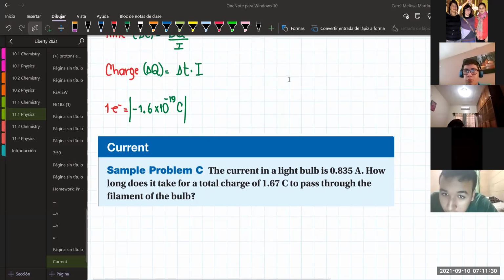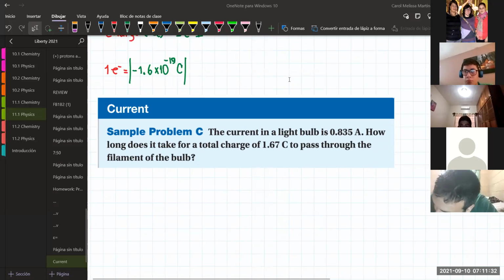Okay, here I have the first example. It says the current in a light bulb is 0.835 amperes. How long does it take for a total charge of 1.67 coulombs to pass through the filament of the bulb? Okay, so this is a very simple example,